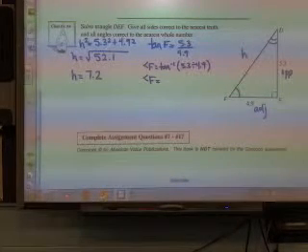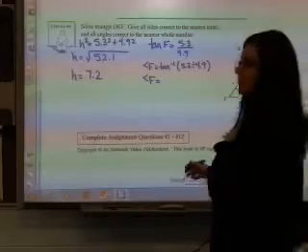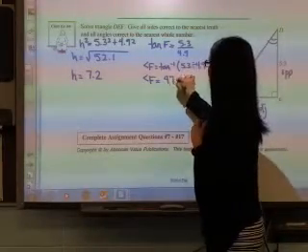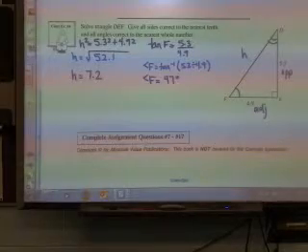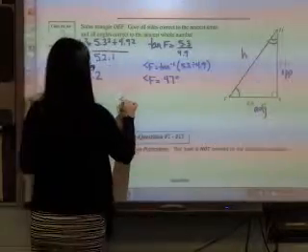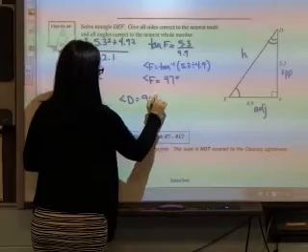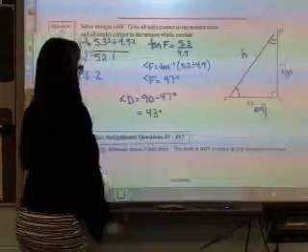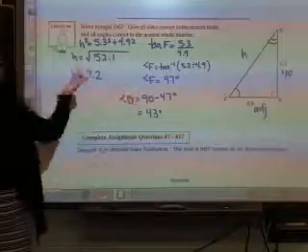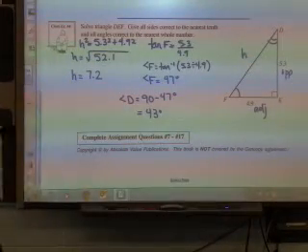So what was angle F? 47? Okay, how do I find angle D? And what do I get? So to find angle D, I don't actually have to go through and do another trig function. I have